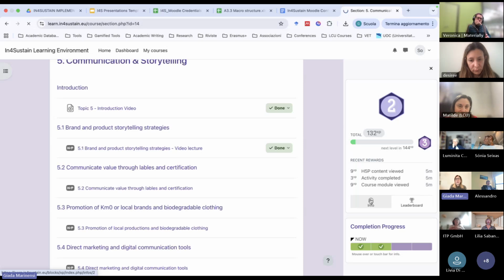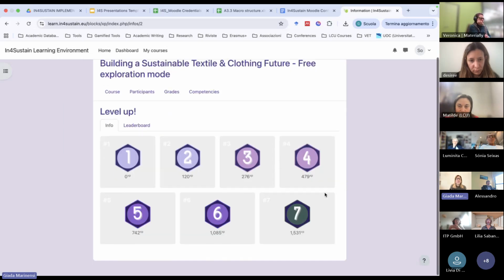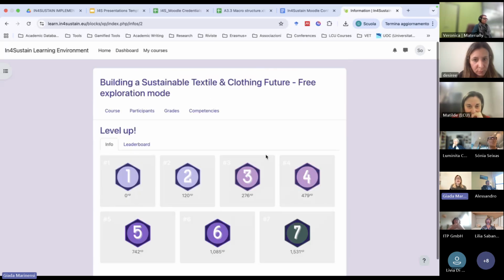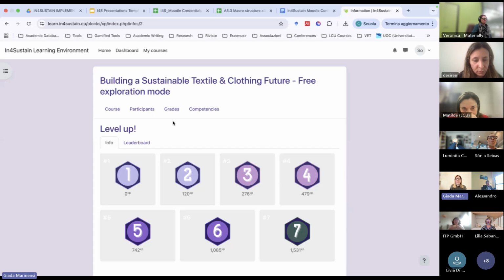And we can also access this information panel that shows us how many levels there are in this course. So how many levels do we need to go through in order to reach the highest possible level, that is in case is level 7. This is obviously based on the content.